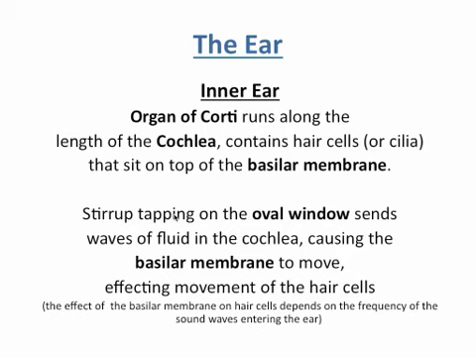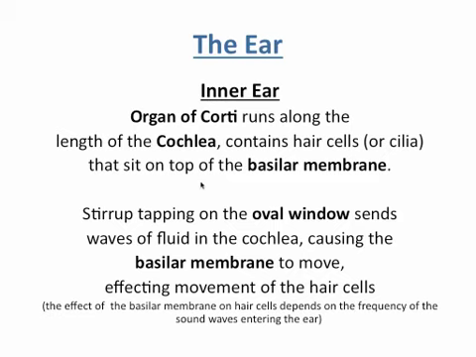Now the inner ear consists of, as I was mentioning before, the cochlea. The basilar membrane is the one on one side, and its movement triggers the movement of hair cells, which are all located on that other strip of membrane, which is known as the organ of Corti. Those hair cells, or cilia is another name for them, move and ultimately will send signals through the auditory nerve along to the brain to tell you about the nature of the sounds that you're listening to.